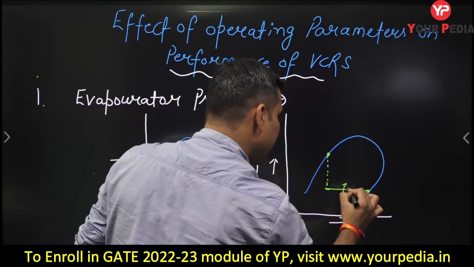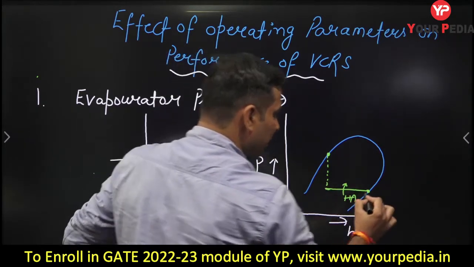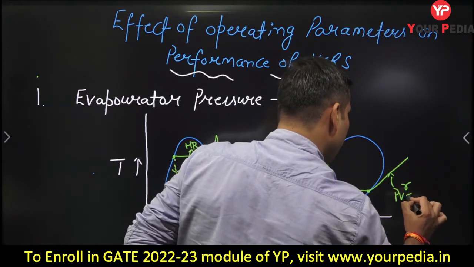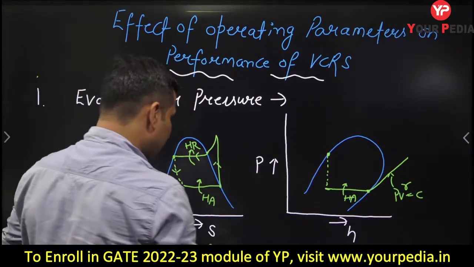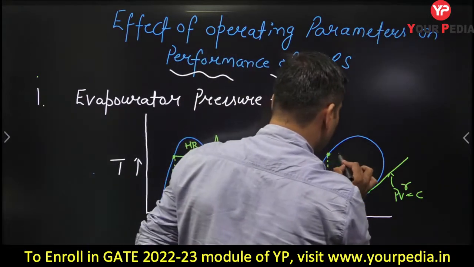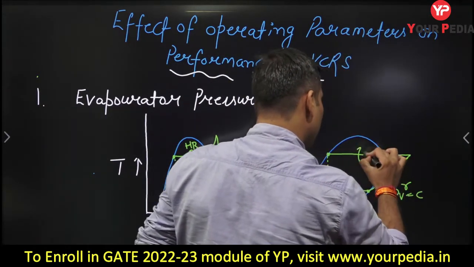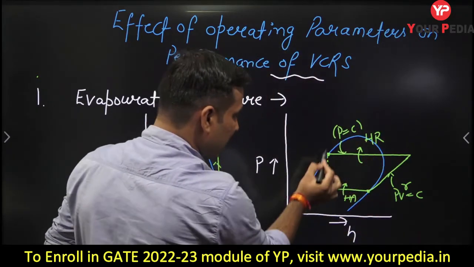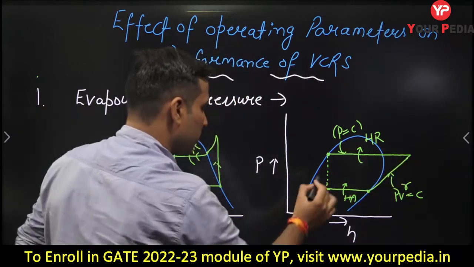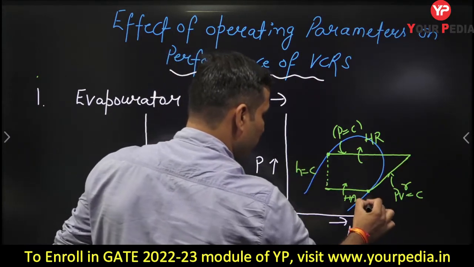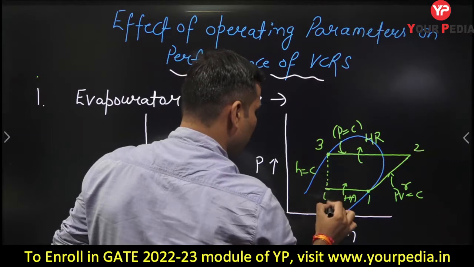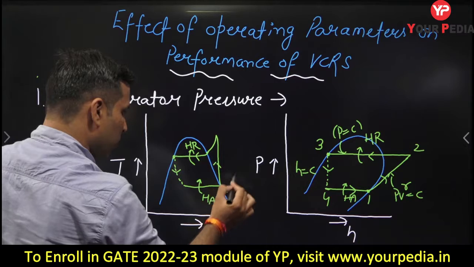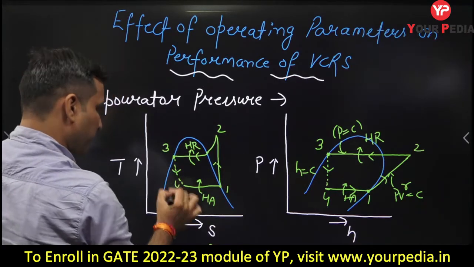This is the constant pressure heat addition in the evaporator. Then here you will have isentropic lines, PV to the power gamma equal to constant. And again you will have constant pressure heat rejection in the condenser. These two processes are constant pressure, this one is an isenthalpic process, and this is an isentropic process. For this, H equal to constant. Suppose you write here 1, 2, 3, 4. The cycle will be anti-clockwise, and here also, this is 1, this is 2, this is 3, this is 4.